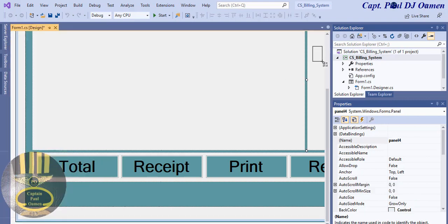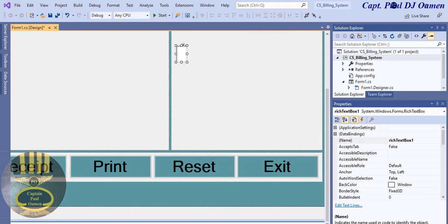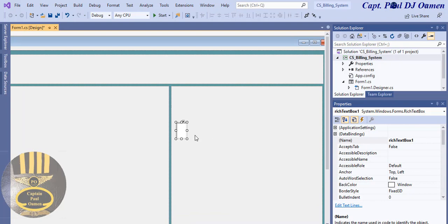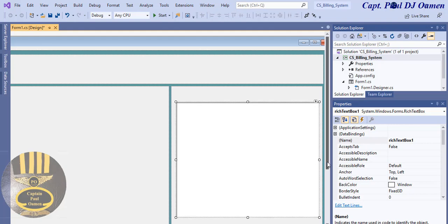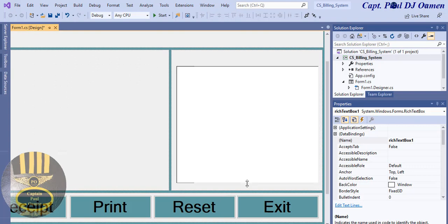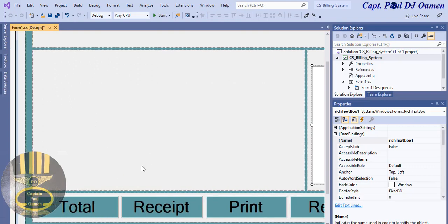There. Now I'm going to draw that there. That's going to be for my title. Oh, sorry, that will be for my receipt. I mean, rich text box there. I'll bring it right down. Yeah, that's fine. Okay. Now we need